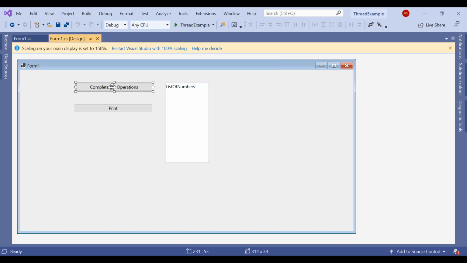Completing the database operations takes 15 seconds. While it is taking that time after clicking the button, I cannot click on the other button, because one main thread is running in the background. Until this action is completed, I cannot click the Print button to do another action.